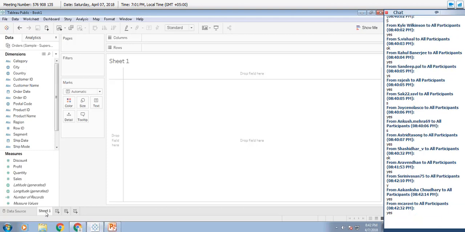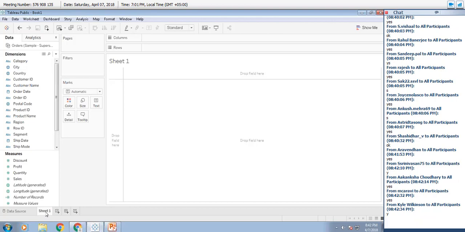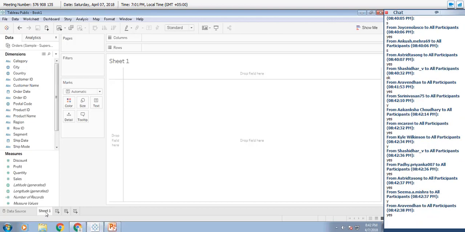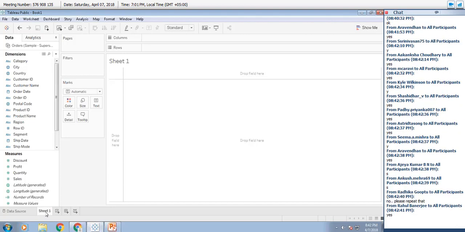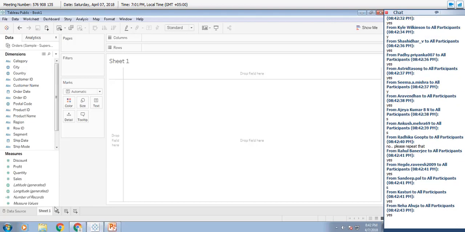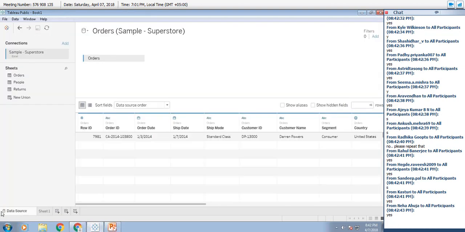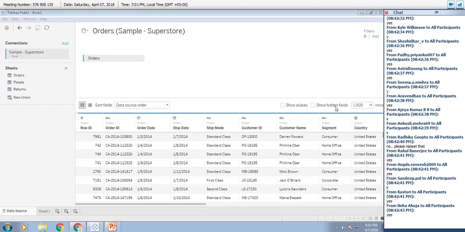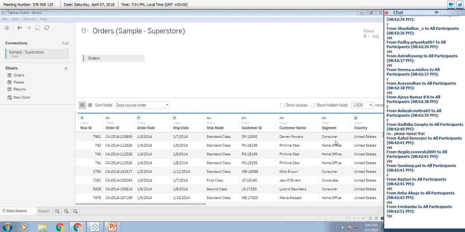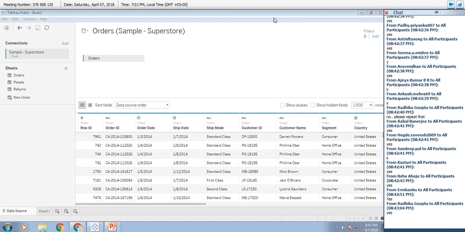Everyone on the same page now? Radhika, do you see Sheet 1 there on the bottom of the screen of your data source window? You have Sheet 1. Can you see this?